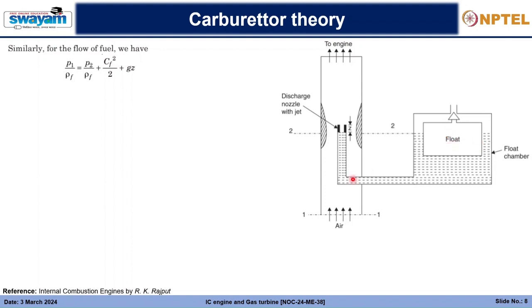So accordingly, this one can be shifted out here also. There will be no problem because both are atmospheric, right? P1 by rho F, the atmospheric pressure out here, by rho F, and P2 by rho F plus the velocity term. Since the area of cross section is very high, the velocity is quite small, and that's why C1 is 0. It is not taken out here. Cf, on the other hand, will have a very high value compared to the velocity of fluid out here. Then Gz is